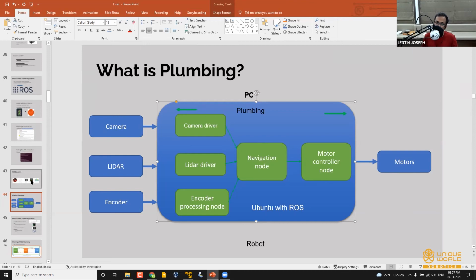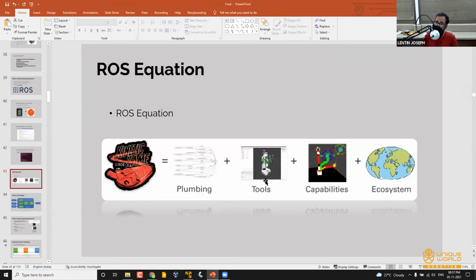Based on that communication, we have tools available to inspect the data flowing through these nodes. And based on this communication framework, we have some capabilities, which are very important and very popular.